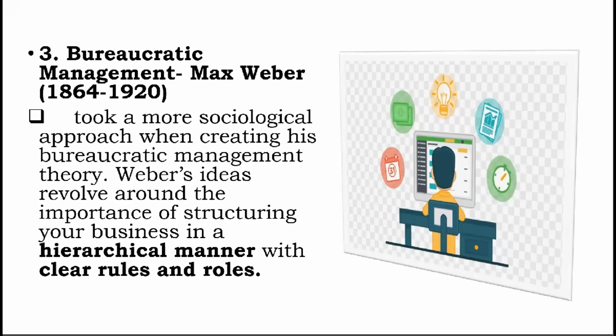first, a clear division of labor. Again, according to Weber, the ideal business structure is based on number 1, clear division of labor. Second, separation of the owner's personal and organizational assets. And third, a hierarchical chain of command. And you should have accurate record keeping.